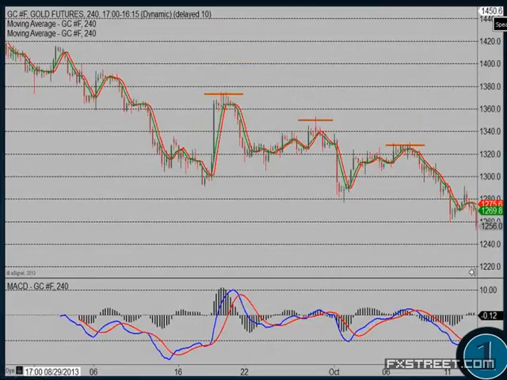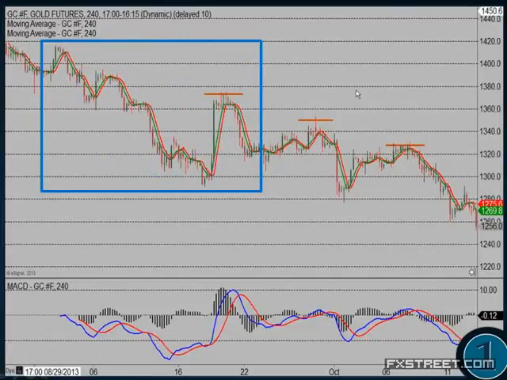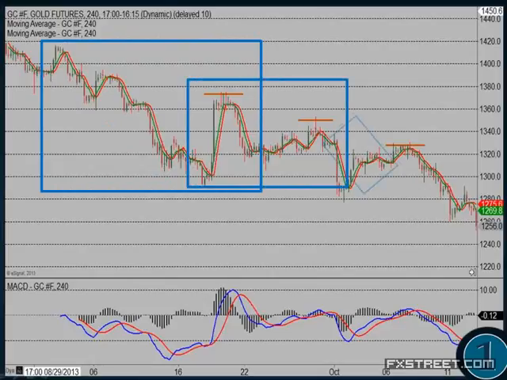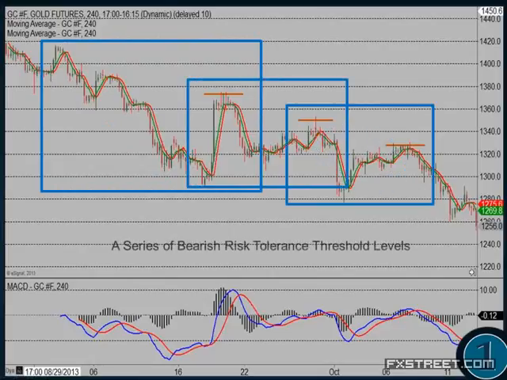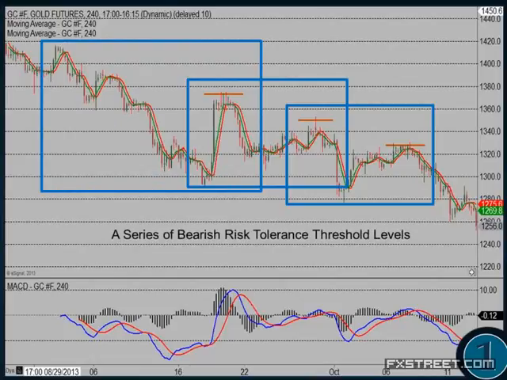And here's the gold market, and here's a series of bearish patterns. You take that overall pattern, stay below that level, it's bearish, bearish, bearish, right? So basically what we have is a series of bearish risk tolerance threshold levels here. What I'm showing you is a static pattern. It's the same pattern that's repeating itself over and over again. So as long as price is below that RTT level, that pattern remains bearish, and we focus on sell signals. And that pattern is pretty much universal in most markets on most time frames. And there's certainly nothing new about it.